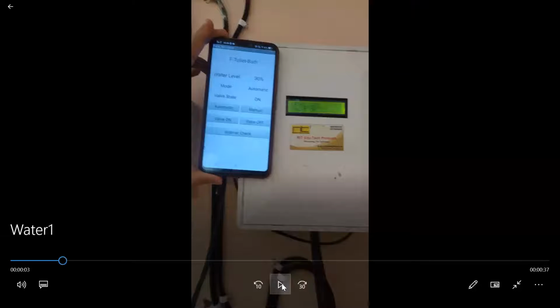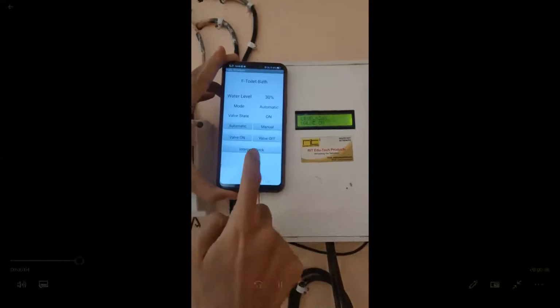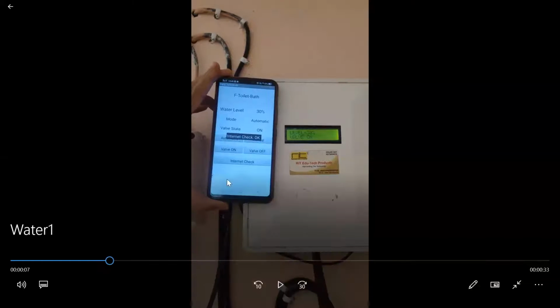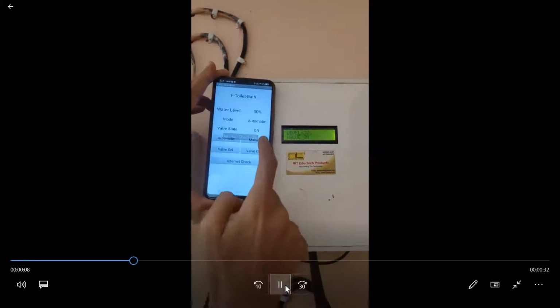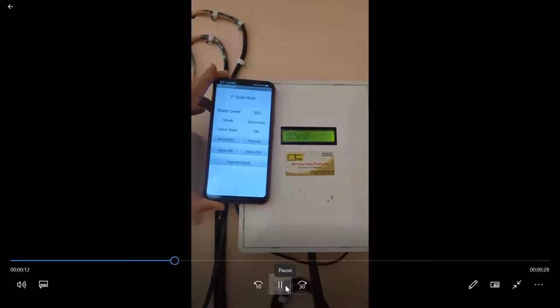In the second video, you will see we are controlling this unit through the Android app. At the beginning, the system is operated in auto mode. Now with the help of this Android app, we will put the system in manual mode and switch the solenoid valve on and off. Internet check, okay. In this system, we have given one button to check the internet, so we can also check whether internet is available at the device side or not. We have given audio indications.